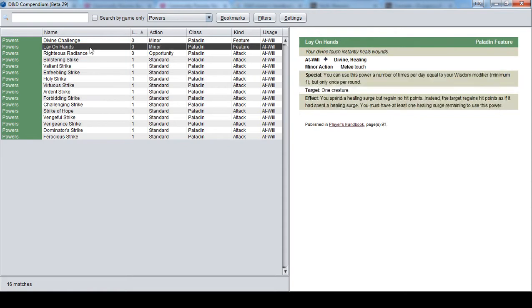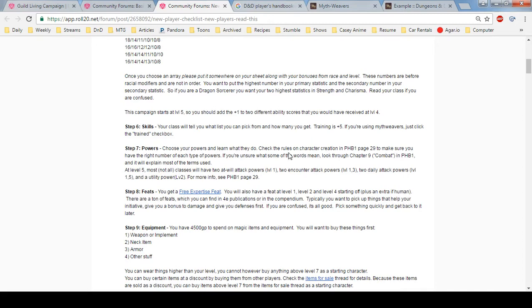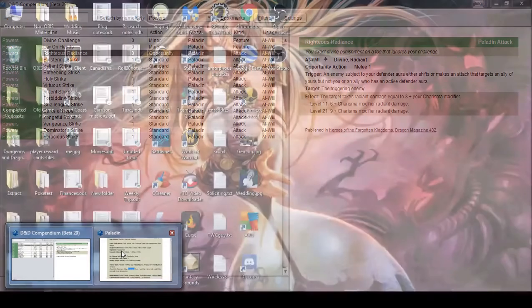Now there are some things that you're going to gain as part of your class, and we'll do those in a second. It says on here that you want to look at... Actually, no, it does not say on there. I might want to rewrite that to make it a little bit more clear. But you're going to want to get the powers from your class first. So let's do that. As a paladin,